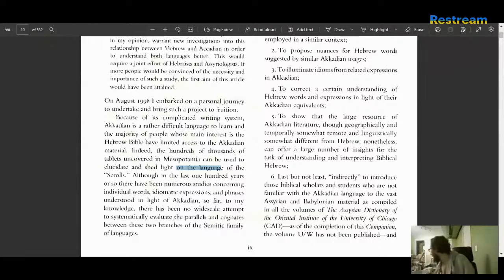We should be seeing manuscripts of some sort of Hebrew. Instead, we have virtually no texts of Hebrew at all prior to 1000 BC. But look, for Akkadian, we have hundreds of thousands of tablets. So why don't we have hundreds of thousands of tablets, or even thousands of tablets, or even hundreds of tablets in Hebrew prior to 1000 BC? We don't. That's a strong indication that the language of Hebrew is a later language and it's not the original